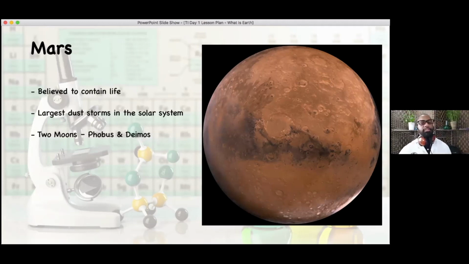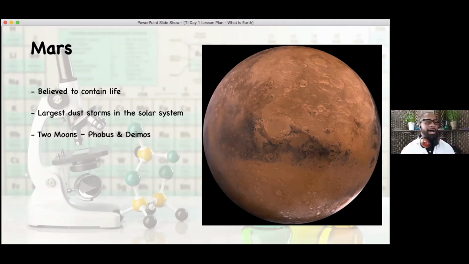But why do we consider the possibility of life on Mars? That's really because, one, it's also in the habitable zone close to Earth, and two, its atmosphere allows it to not be as hot as Venus or Mercury, in a more controlled atmosphere. So we know that there's a possibility of life just because of the ability for life to exist. And we think that at one point Mars actually contained life because there's evidence of ice caps, polar ice caps that exist on the planet. So we know that there's a possibility for life to have existed.